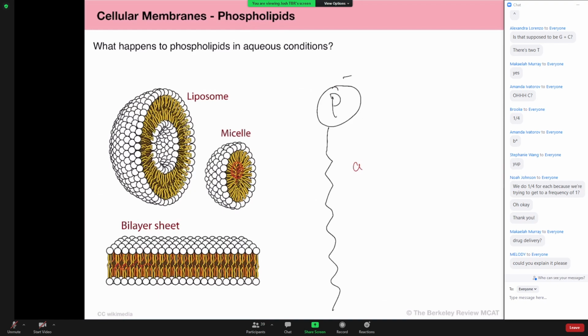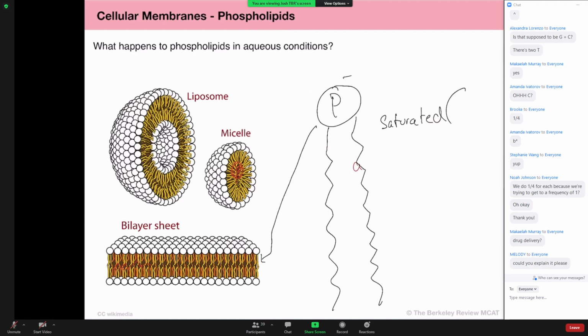This is a crude drawing. These are carbon chains. This one is going to be saturated, so there are no double bonds in there. It's just saturated with hydrogens. You could stack these much closer to each other than, say, if you had